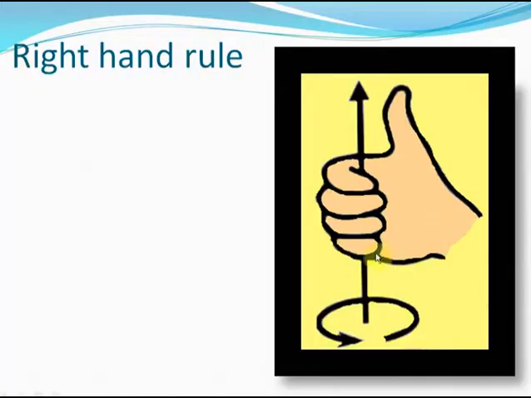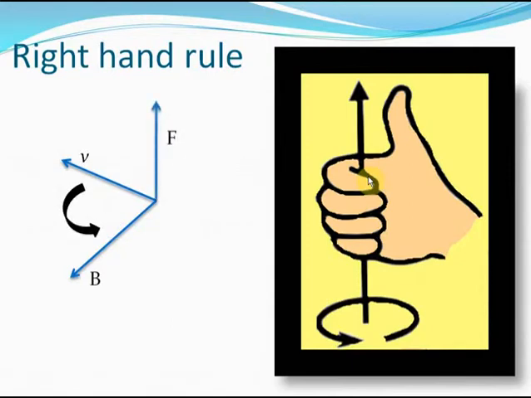We have a special rule called the right hand rule to determine the direction of magnetic force on a moving charge. You see, if the velocity vector of a moving charged particle points like this, and if the magnetic field, in which the charged particle is present, is like this, in that case, you can determine the direction of the magnetic force by curling your fingers from V to B, like this. And then the direction of your thumb will indicate the direction of the magnetic force on the charged particle. Understood? I'll repeat it for you.